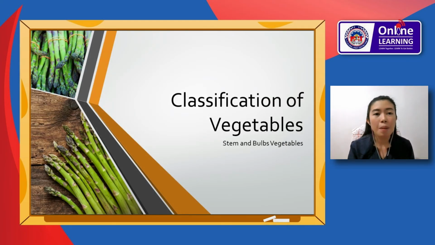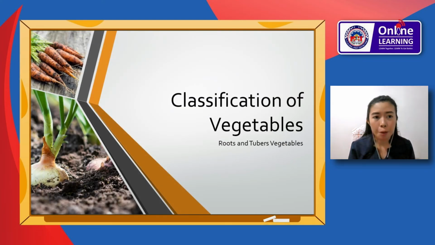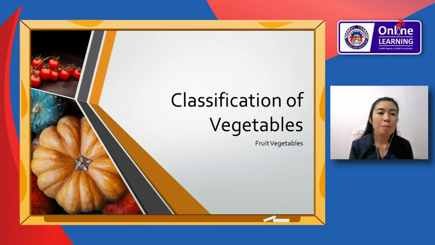And next one is the stem and bulbs. Examples are asparagus, bamboo shoot, onion spring, and celery. And of course, leeks with stem; we buy that in the market with stem. And roots and tubers, this one is referred to as root crops, like for example kamote, cassava, purple yam, carrots, singkamas, potatoes, ginger, and garlic. Okay, and fruit vegetable. For example, the tomatoes, very common, and the squash, eggplant, upo, ampalaya, and patola are